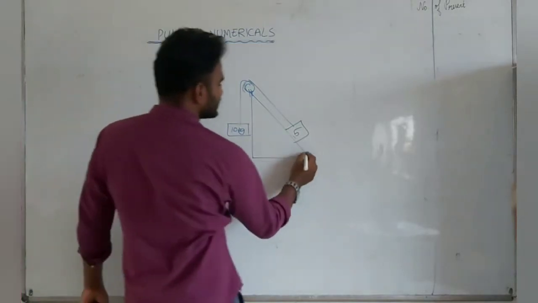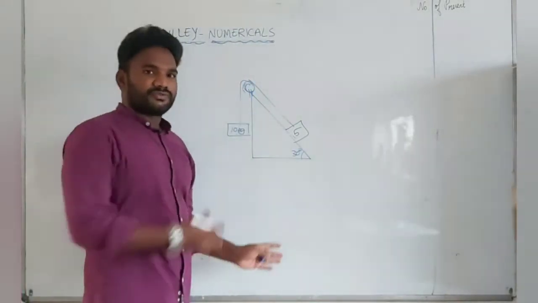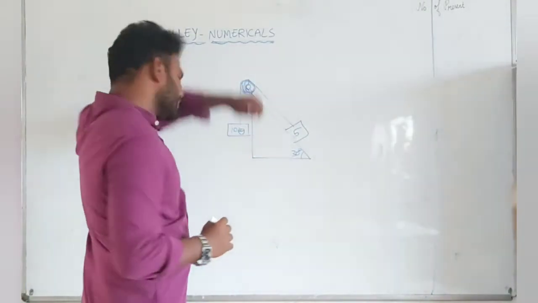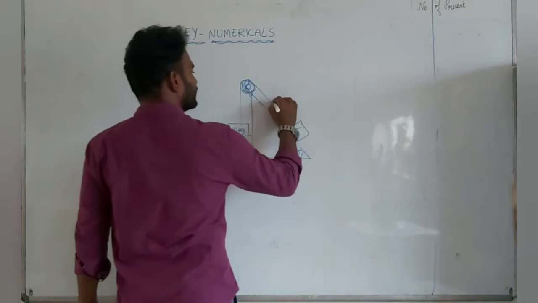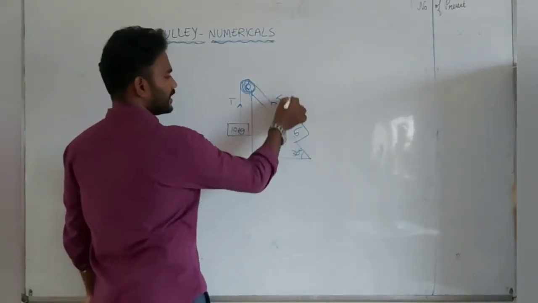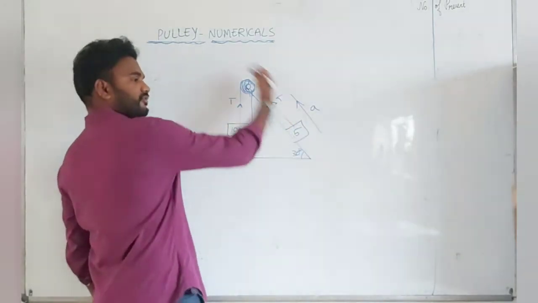So let me consider this angle is 30 degrees. Do not take any tension to find this also. It is also very simple. Do not worry, very simple, guys. First of all, what we have to take is here: this is the tension T, this is the tension T. This block is going up with acceleration A.